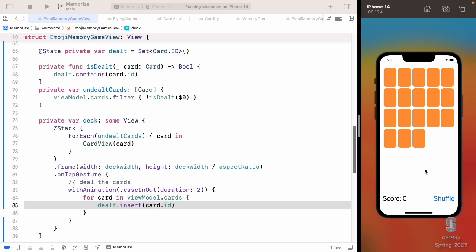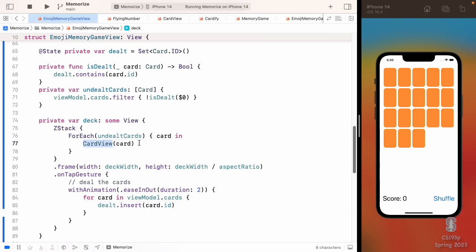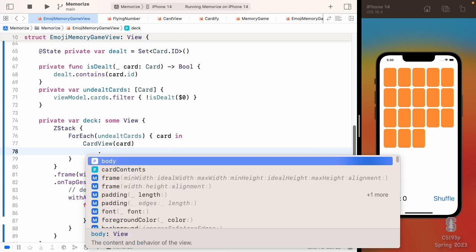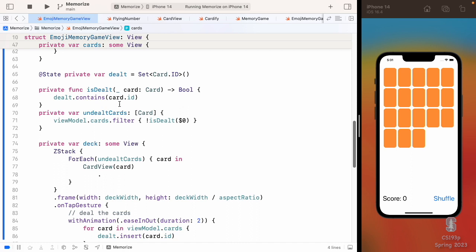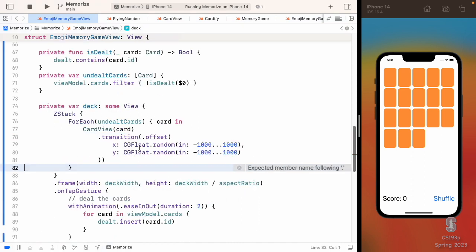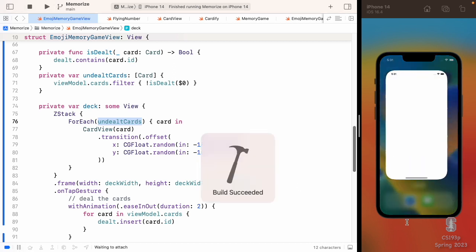See? Right, that's good. Now, I can control this card view's transition as well. In fact, let's go ahead and put the same transition on those card views as is on this one. In other words, random transition. Now, these cards, the undealt ones, are transitioning out. The cards up here are transitioning in, but they're still transitioning. Both of them are still transitioning. So if I use that crazy all over the place transition, it'll work for the cards too.